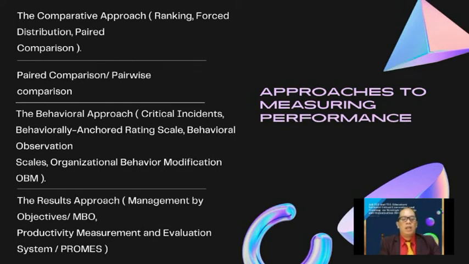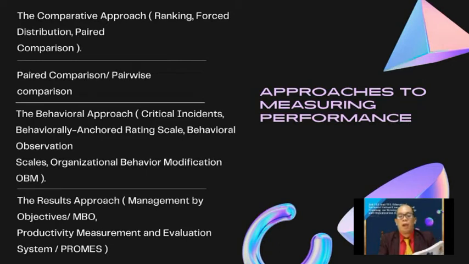Ranking simply requires a manager to rank employees in his department from the highest to the lowest, or from the best to the worst. And in forced distribution, employees' performance is ranked in groups. This follows the normal curve in statistics, where the majority of employees are in the middle, while a fewer number are on either side of the extremes. This is usually done by companies at the initial stage of their performance appraisal system to avoid wild fluctuations of ratings, especially on the high side.